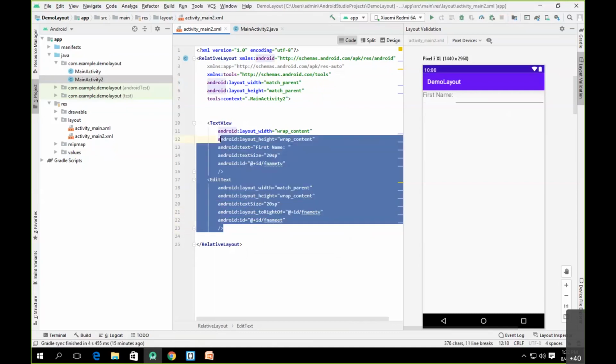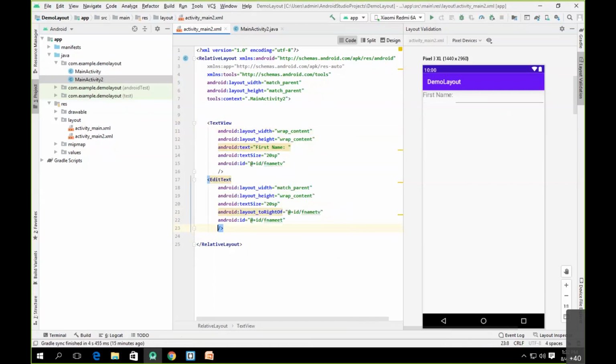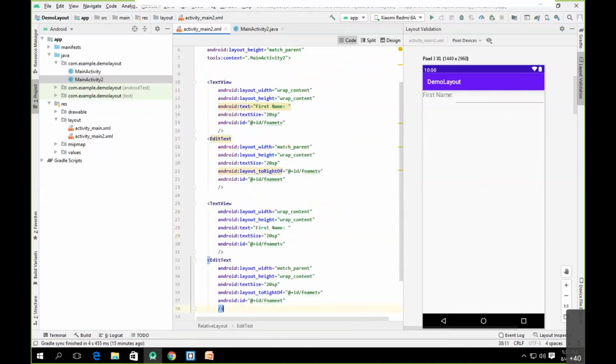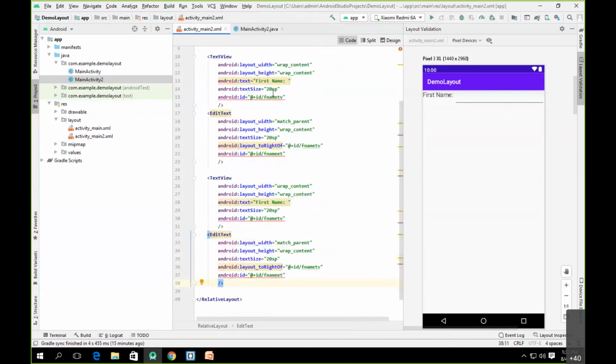Now I'll simply copy these two elements and paste them here. So these two will now overlap, and as you can see here, it is showing a red line. It means the ID should be unique. Okay.